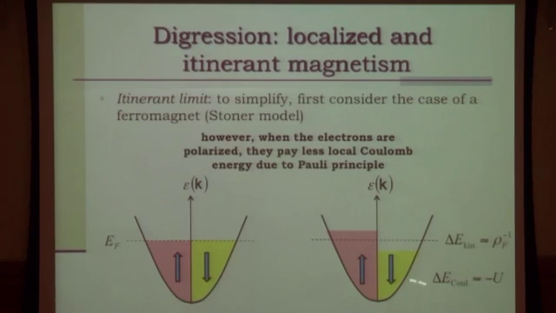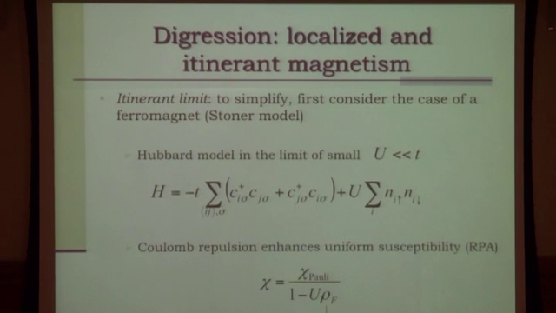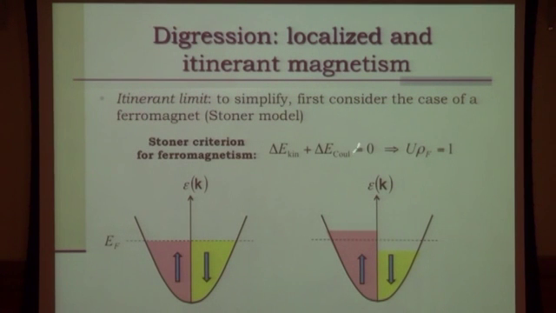But if I turn on a small interaction, I can start gaining interaction energy, and what do you think is going to happen? Eventually, the gain in Coulomb energy surpasses the loss in kinetic energy, and then I can actually polarize the system. This will happen when U, the Coulomb Hubbard U, or the local Coulomb repulsion, times the density of states is equal to 1. That's called the Stoner criterion, the criterion for ferromagnetism in a metal. You still have a metal, still have a Fermi surface, but now you have more spins up than spins down. And again, this is only possible because you have a Coulomb repulsion.